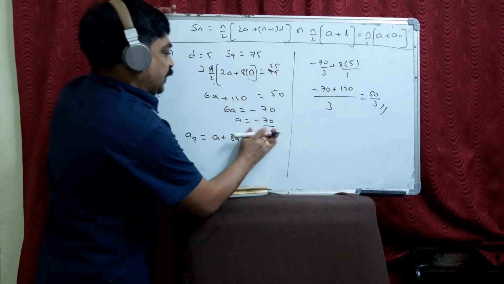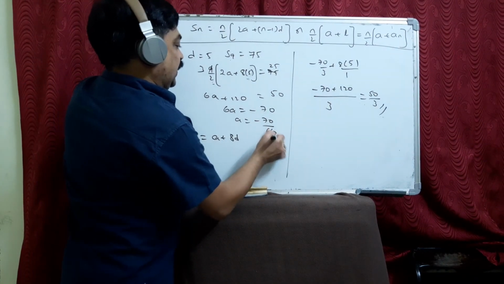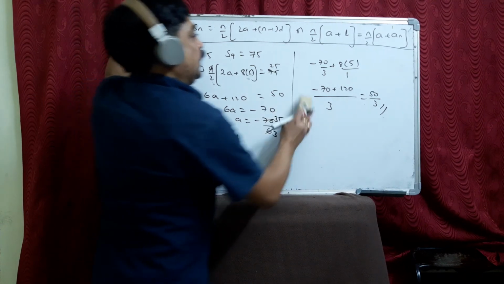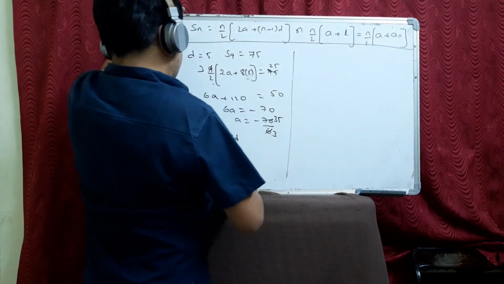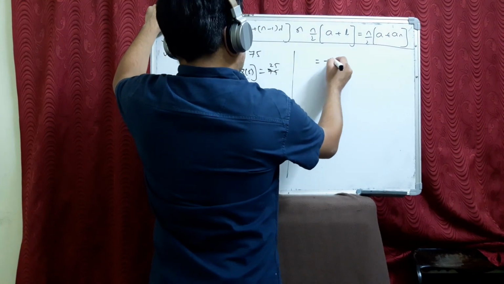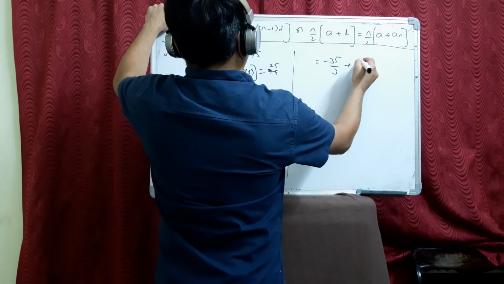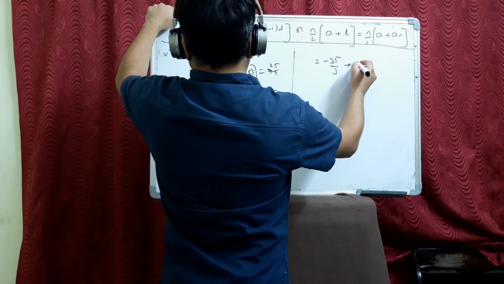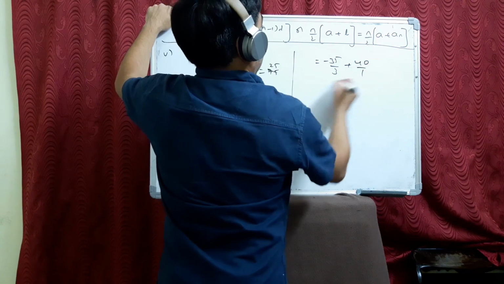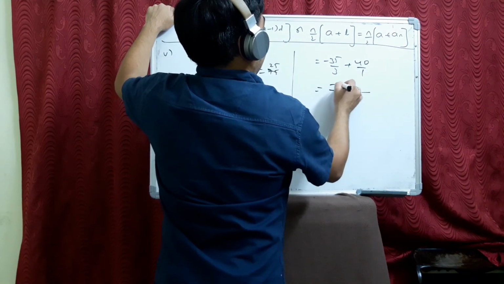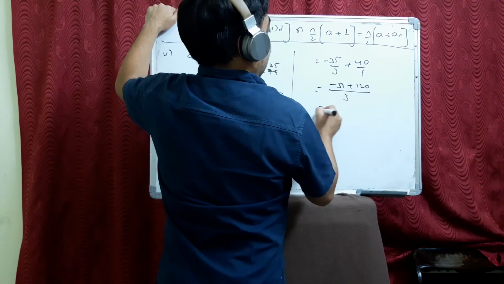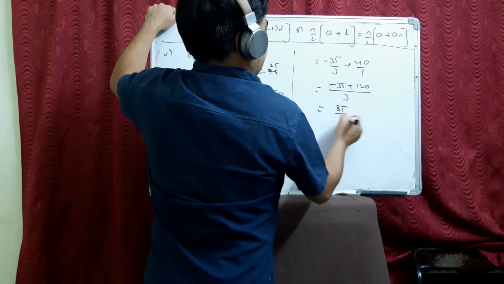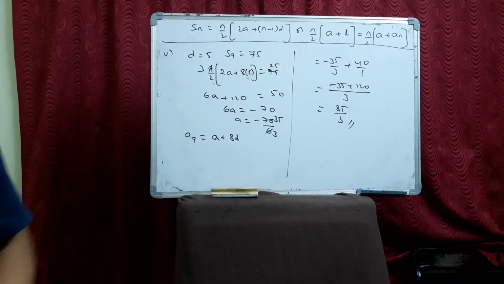I'm sorry, it is 70 by 6 here. Sorry, it is 35 by 3. So it becomes minus 35 by 3 plus 8D. 8 into 5, 40. So LCM is 3, minus 35 plus 120. It is 85 by 3. Right? Calculation error. Now,